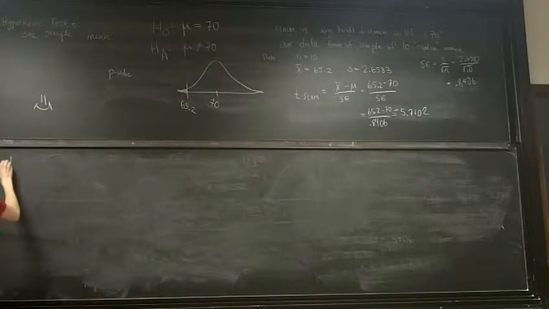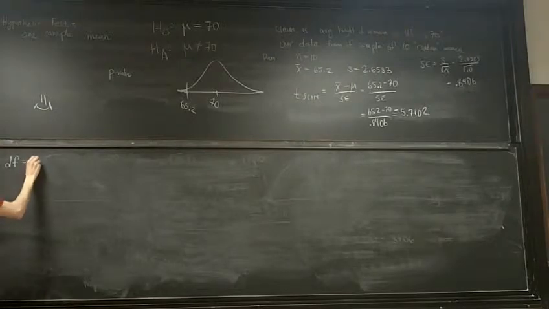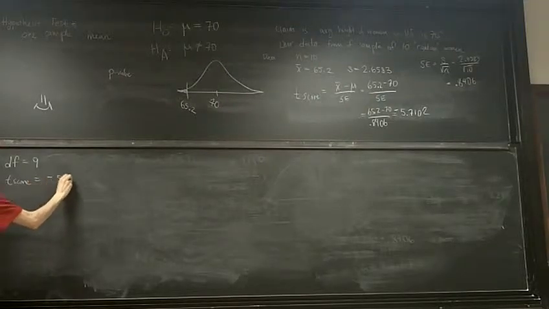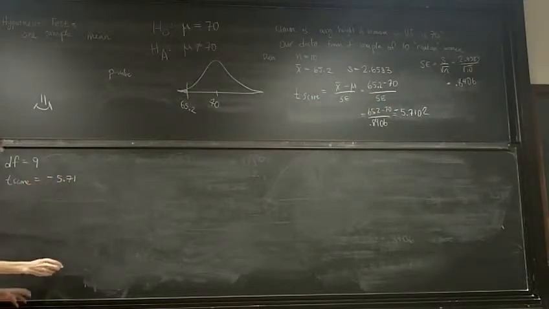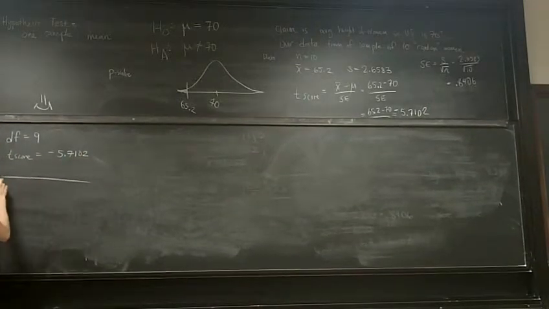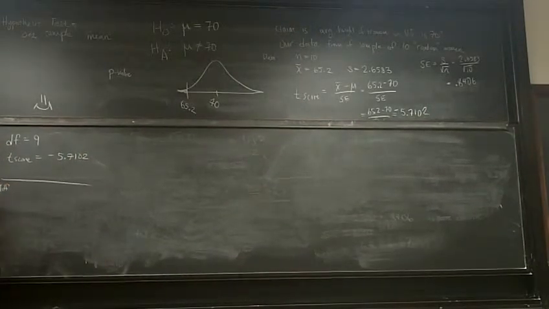How many degrees of freedom do I have? I have 9 degrees of freedom, and my t-score is equal to negative 5.7102. So I look up 9 degrees of freedom, and then the number furthest out